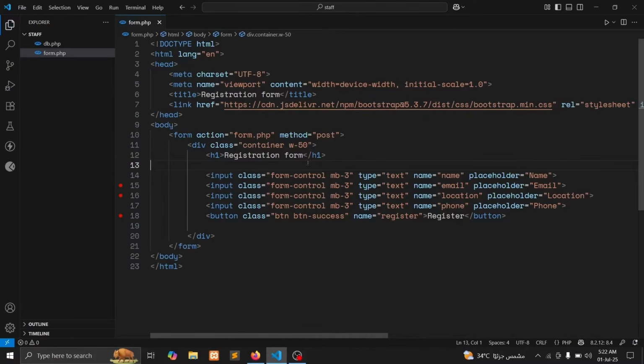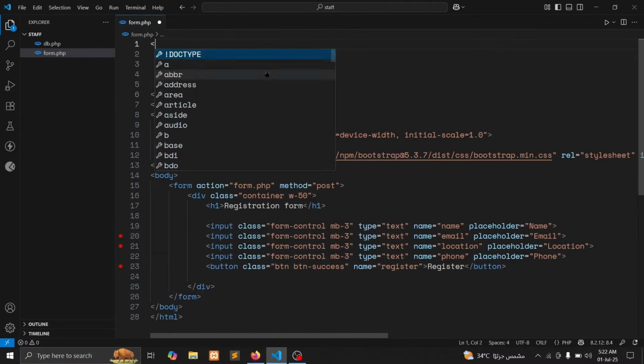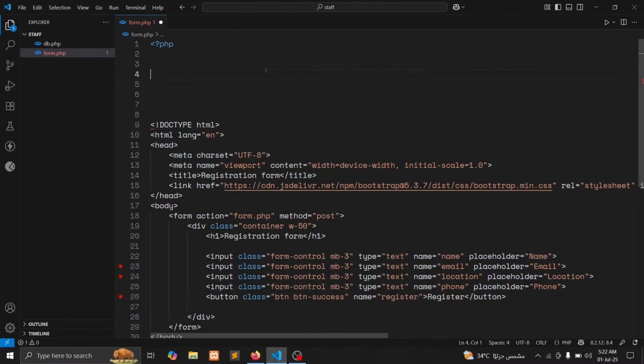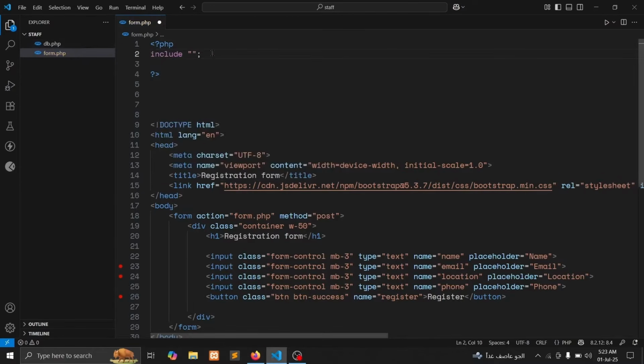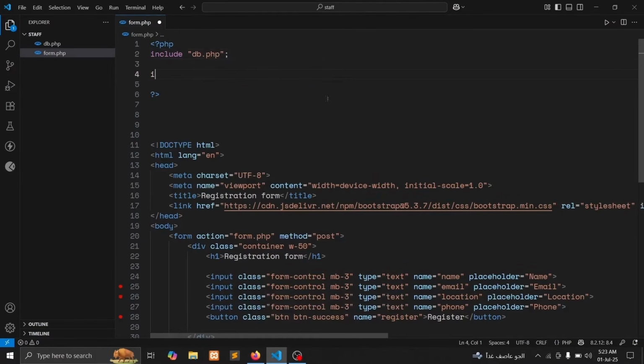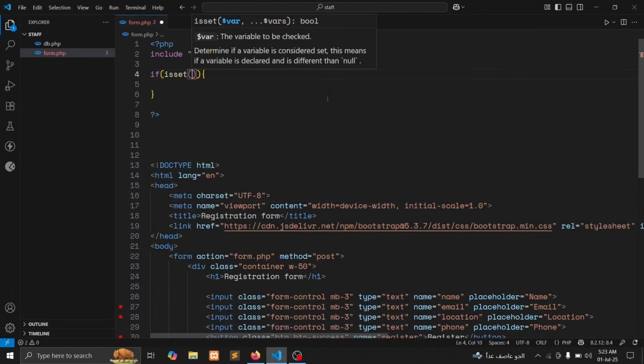Now, let us write the PHP code to insert form data into the database. Open PHP tag and close. You need to include your database connection. Include your connection file. Type your connection file db.php. Then write if isset function. If it clicked,